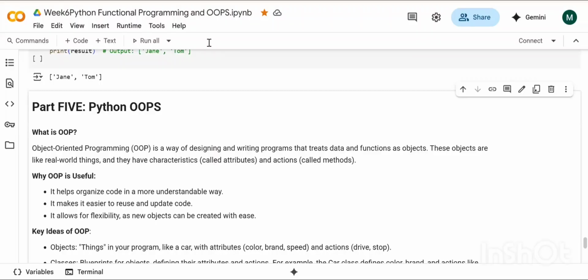Okay, so what I was saying, I just gave you the example of the car showroom. Now just imagine managing this car showroom without a structured system, without any system. If you had to manually record each car's features and actions repeatedly, it would become messy and inefficient, right?